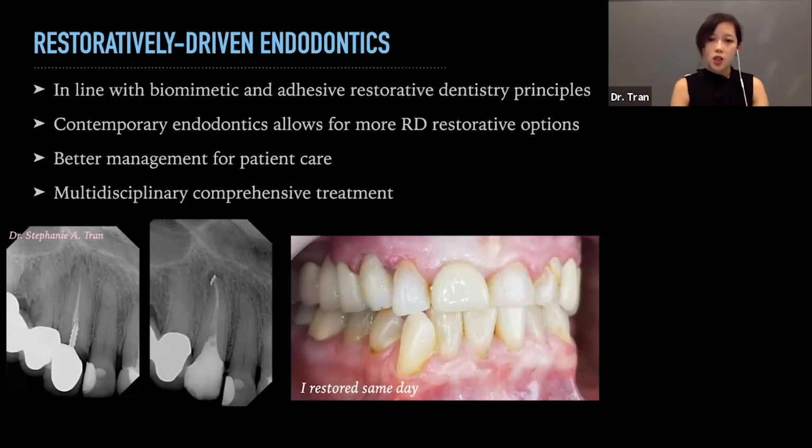treatment. So for this patient, what I did was I took an impression of it just in case the crown came off. Of course it did when I did my endodontic retreatment. But after the endodontic retreatment, I knew that since the post was stuck within the crown, I wouldn't be able to just put the crown back on, and the whole thing's contaminated with caries and bacteria. So I actually restored the tooth the same day, so that way the patient has a tooth and the tooth